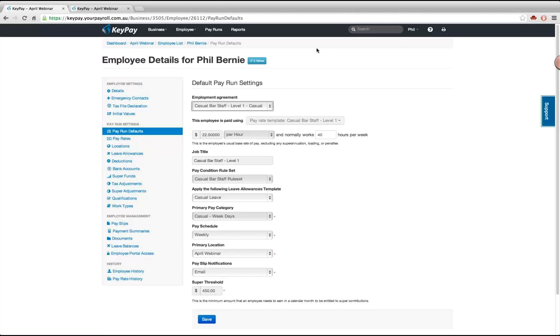Okay, so the last thing I wanted to show you was the pre-interpreted awards within KeyPay, and how they can be imported into your business. With this setup, obviously there's a lot involved in setting up rule sets, leave allowance templates, and pay rate templates. If you've got a small number of agreements, or fairly straightforward agreements, that's obviously going to be helpful for you. But if I come into the business settings, if you're working off one of the modern awards,